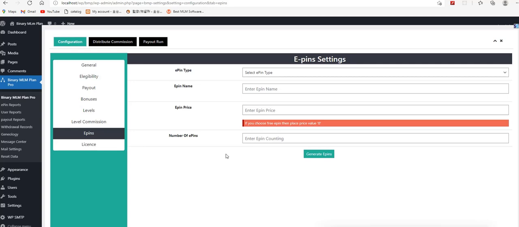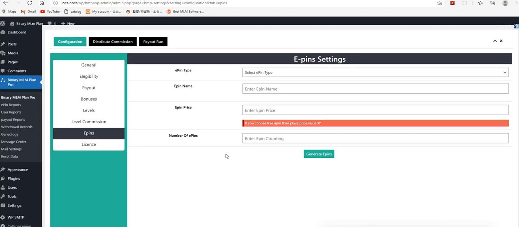If the member uses that EPIN at registration time and it is a valid EPIN, then that member will be a paid member, and will be eligible for the commissions because he or she is a paid member.